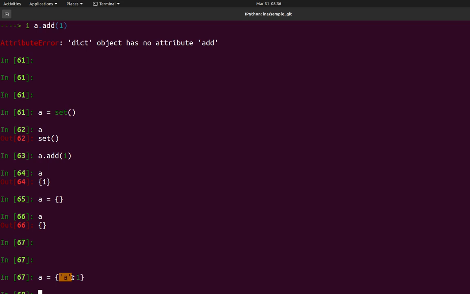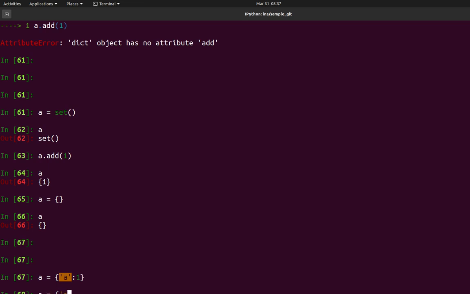And one more thing, you cannot use all the data structures as keys. You can only use immutable things, like numbers, strings, or tuples. You cannot use a list in here. You cannot use sets in here. You can only use strings or integer values, or tuples, because tuples are also immutable things, right?